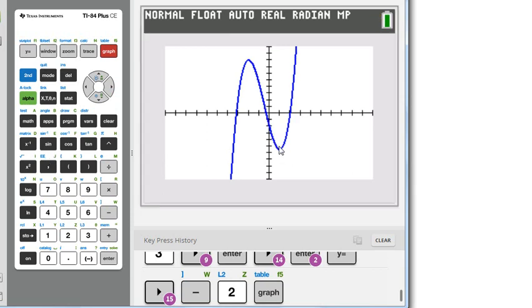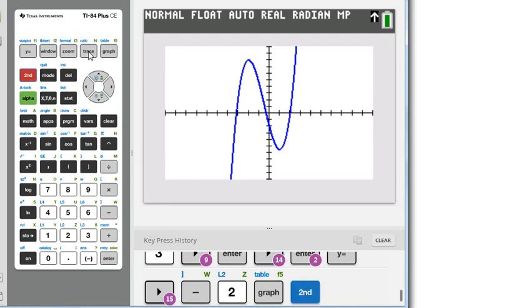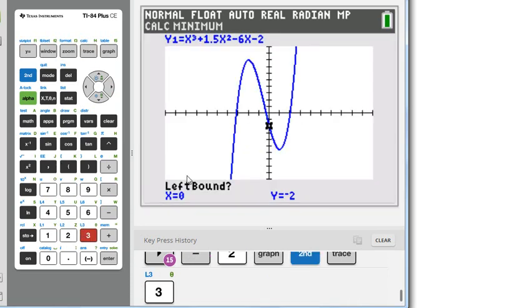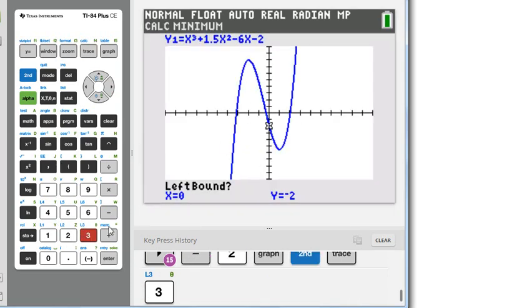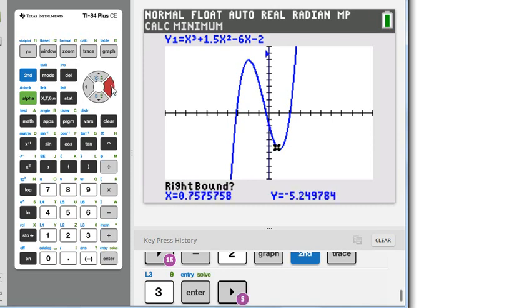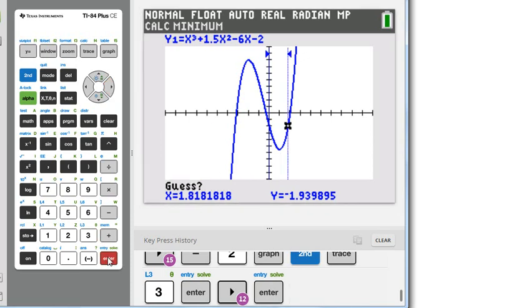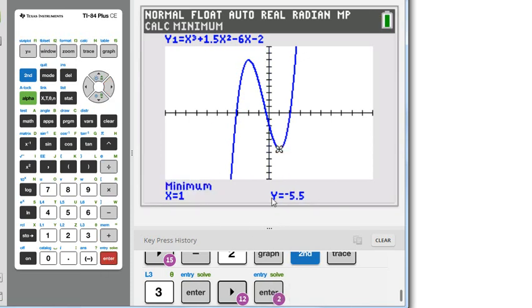And so we're going to have our minimum down here where this relative minimum is. So second trace, minimum, and we had left bound, press enter, and then it says right bound, so we go to the right of that minimum, press enter twice, and the value of that minimum is now, it's kind of confusing in that where it is